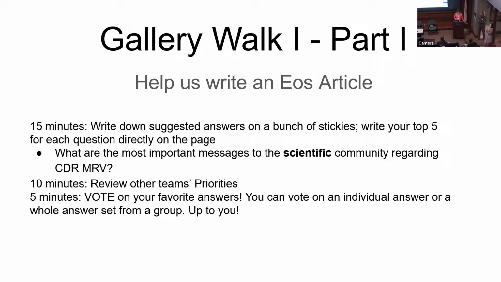So this is pretty simple. We've set up large sheets of paper on the walls, and they're in groups of 2. There's 2 sheets for each group. Your group numbers are going to be determined by your seat number. So if you look down at your seat number, all the 1s will be together, all the 2s, all the 3s, all the 4s. The groups are going to be different sizes. I can't help that. So if you sat next to your friend, you're going to be in a different group.